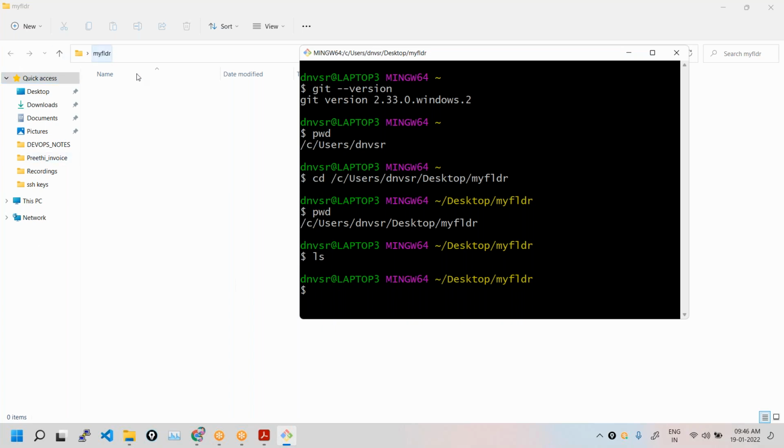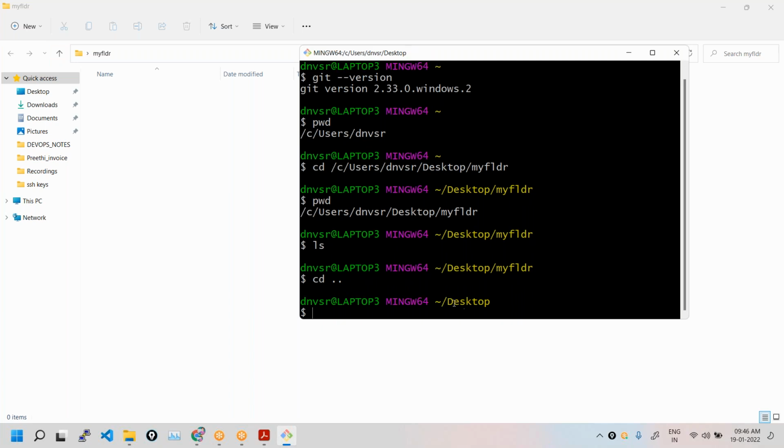Say I'm in this my folder. Let's suppose maybe I just want to come out of it, means I just want to click on this back. In the GUI, you just click on it, right? But from the command line, cd .. means it will move one level up. See, I'm on the desktop,